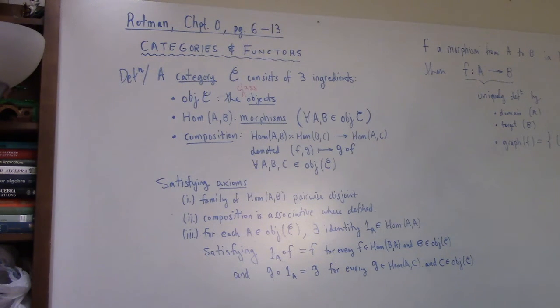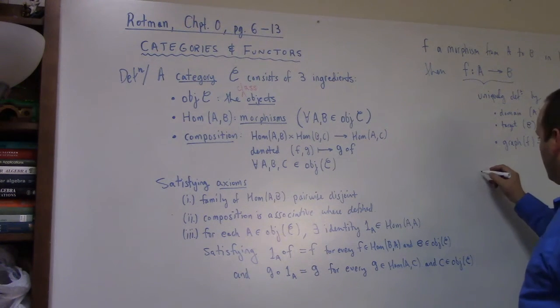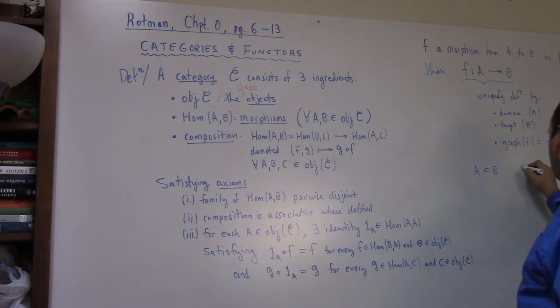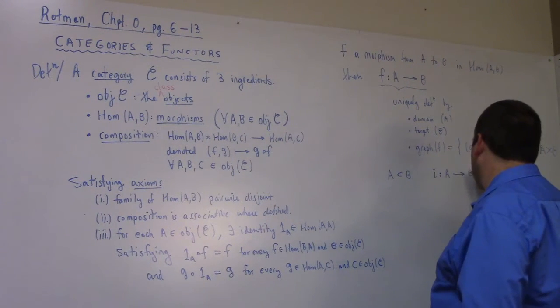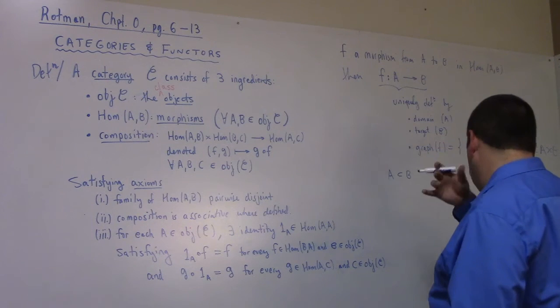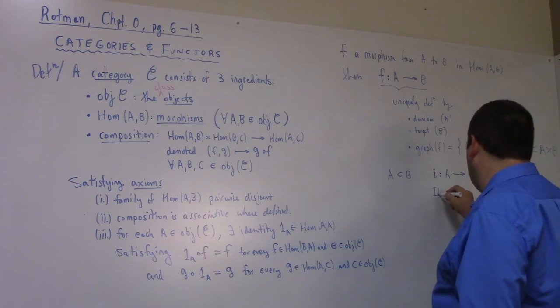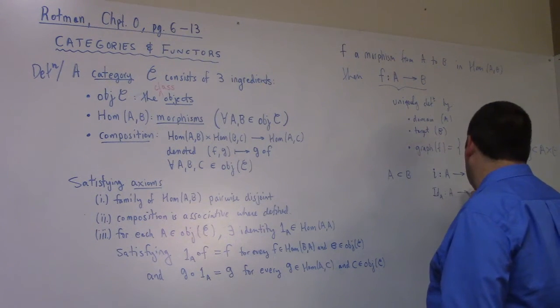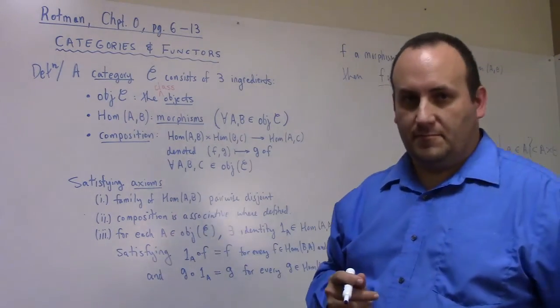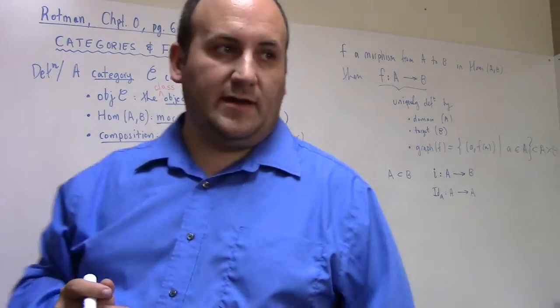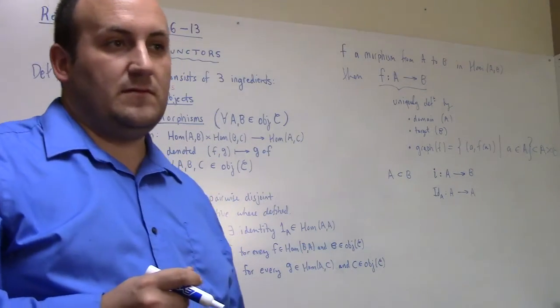Anyway, I really like what he says, basically to distinguish between, if you have A, a subset of B, right? You have the inclusion map, which is a mapping from A to B, and then you've got the identity map on A, which is a mapping from A to A. They have the same domain. Same graph. I think they have the same graph even.